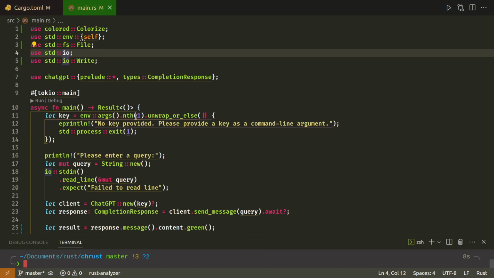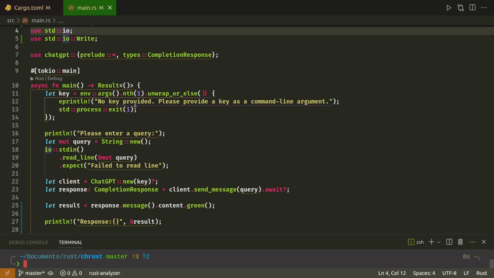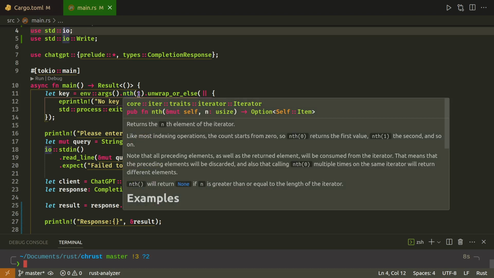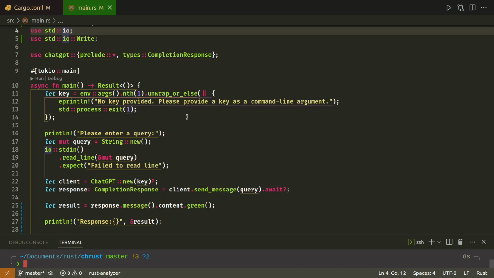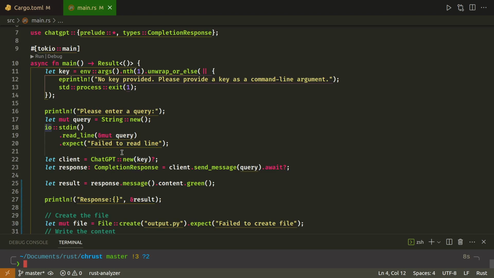So we got the first argument, which was the API key. If that's not provided, then std::process::exit, so it exits the whole thing. The key is it's actually the second argument, because argument 0 is actually the binary executable. We ask for the query, set a variable to the query, then when we pass that in, client.send_message,